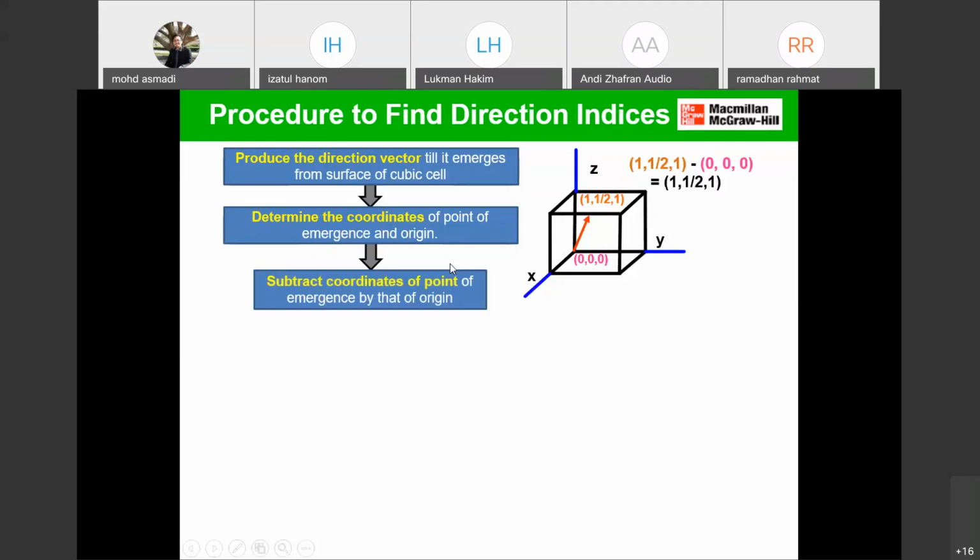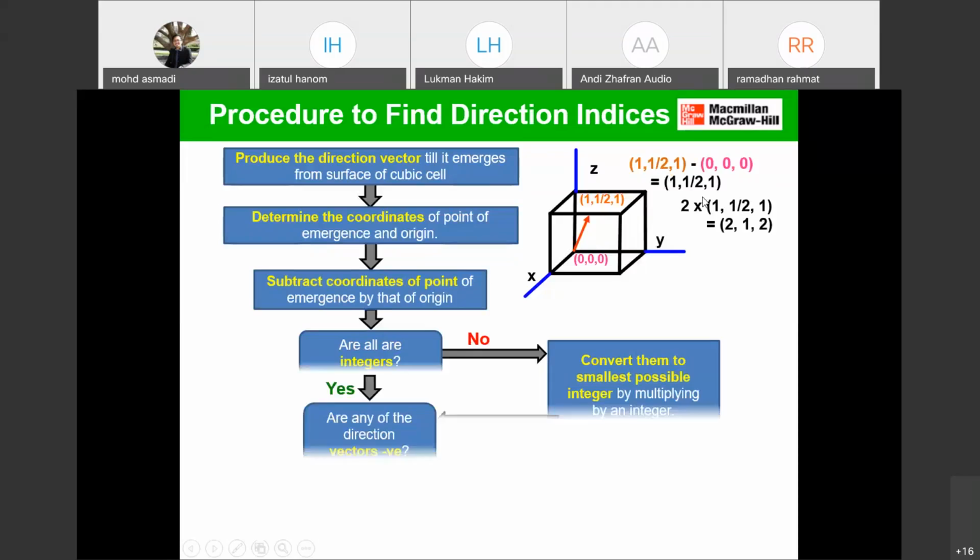So subtract the coordinate of the point of emergence by that of the origin. This one you have to subtract: the emergence minus the origin. So 1/2, 1 minus 0, 0, 0. Similarly, 1/2, 1. And since the answer we have to convert to all integers,